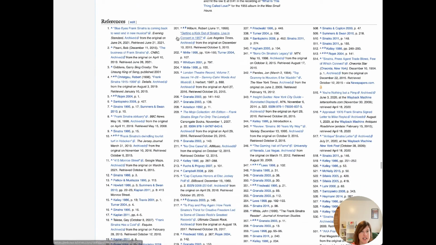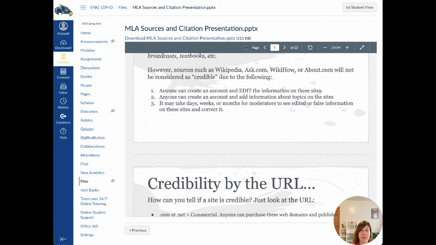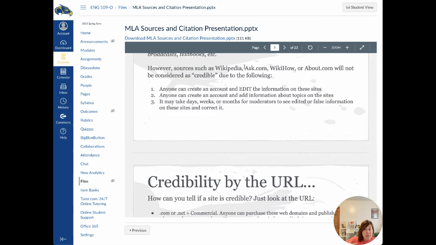These references. See these articles, right? Go to the articles that Wikipedia is citing from and cite those. Cite the references, because at least that way you'll get more credible information than just citing the Wikipedia page.